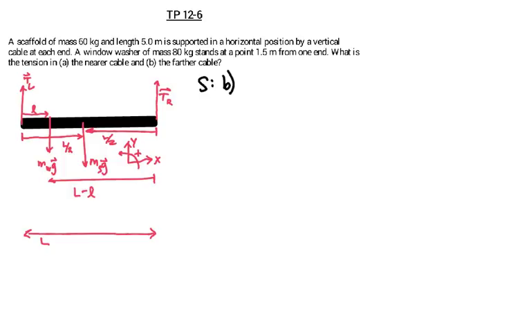Now that we know the tension in the left cable, we're only left with one force on here that we do not know the answer for, or we don't have its value. So we're going to start with Newton's second law for translation. And again, the assumption we made is that we are in static equilibrium. So the acceleration of our scaffold is 0. So the sum of our forces acting on our scaffold